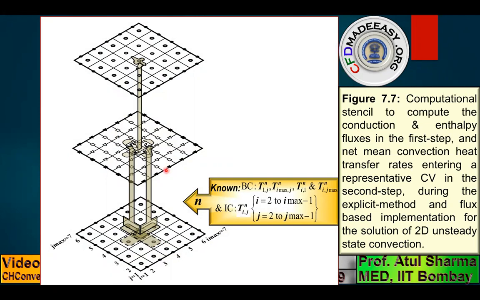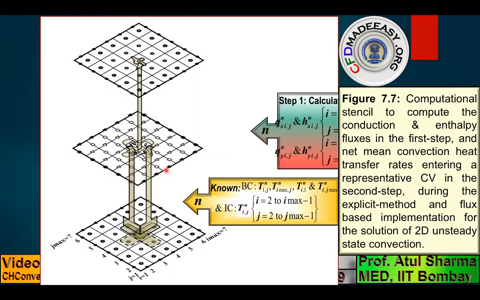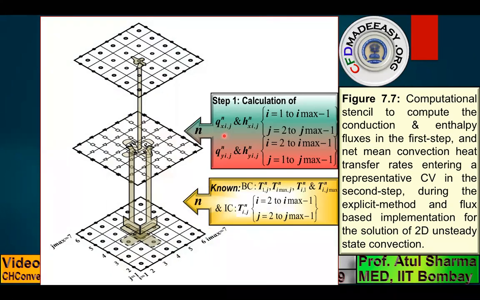So in the flux-based solution methodology, in the first step, you calculate the conduction fluxes as well as the enthalpy fluxes. Note that the solution methodology is presented here for a 2D Cartesian coordinate system. That's why the flux components are shown as qx, qy, and hx, hy. Also note that